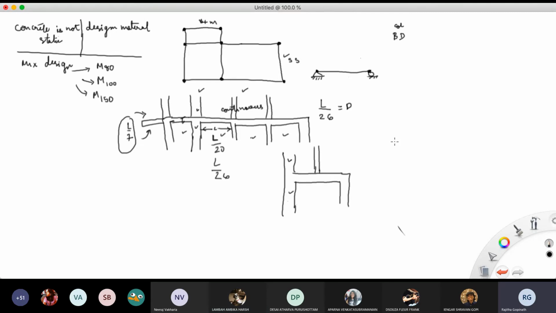And there could be RCC Pardi. You can put RCC Pardi at the end for some cases. Let's say this is the inside column and this is a cantilever beam. At the end of the cantilever beam, you have an RCC Pardi. Is that what you're saying? You have to really analyze to see what it is. This is the column, this is the cantilever beam, and this is the RCC Pardi. Yeah, so there is an RCC Pardi here.